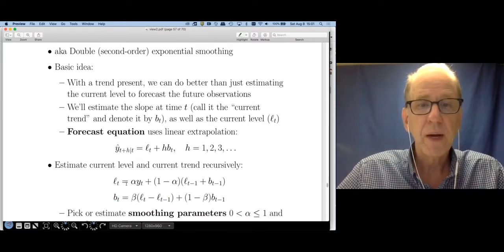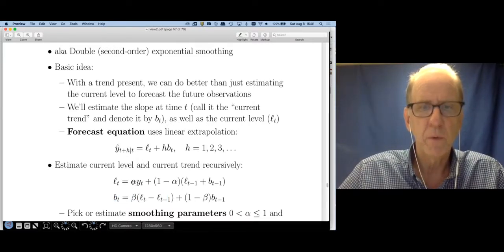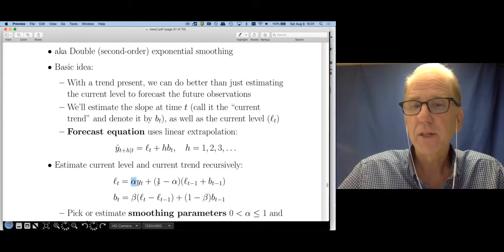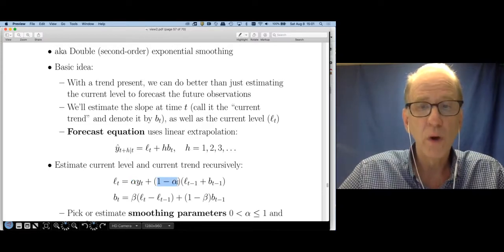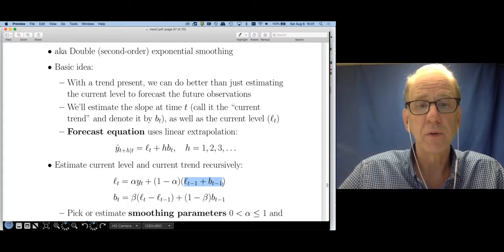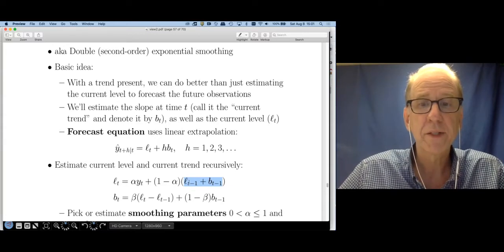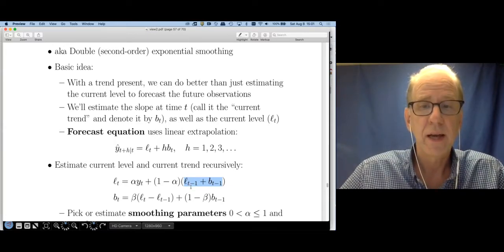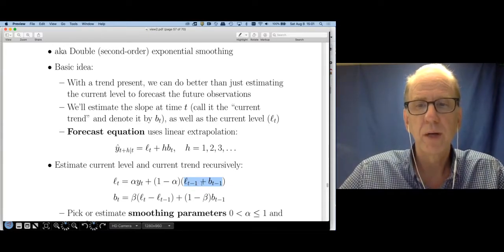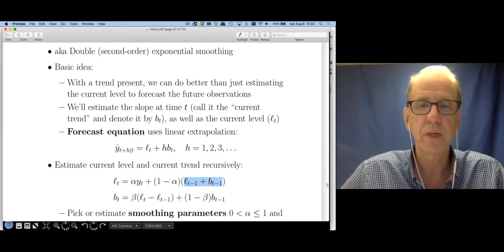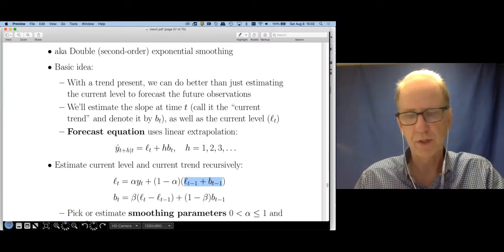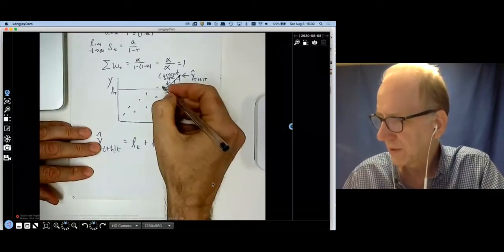So my level equation is just going to give weight alpha to the latest information, and it's going to give me weight 1 minus alpha to my predicted value of time t. So what's the predicted value of time t? Well, it's going to be the level I was at time t minus 1 plus 1 slope of what I had back at time t minus 1. So in my picture, if this is t minus 1,